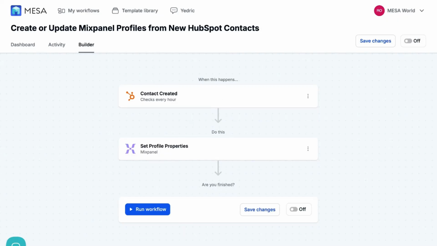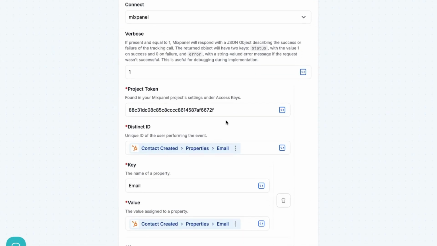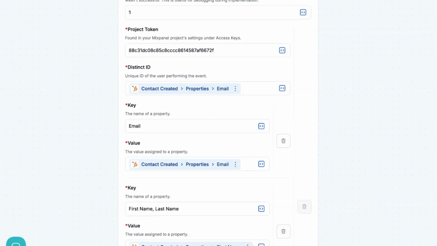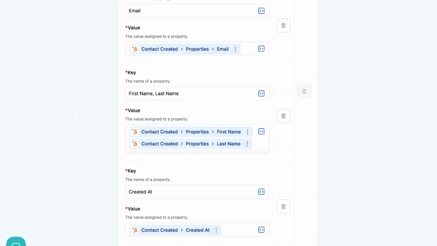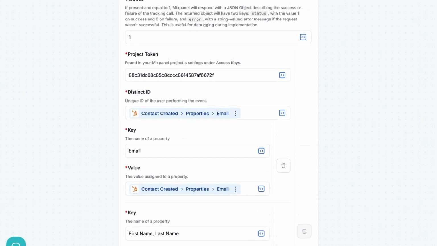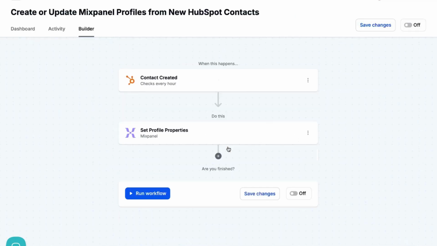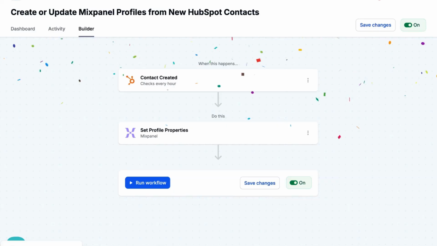Next, the workflow sends this contact data to Mixpanel using the set once operation. This is smart because it creates a new profile if the contact doesn't exist, or safely updates an existing one without overwriting data. The email becomes the unique identifier, and we map the contact's name and creation date as profile properties. The result? Every HubSpot contact automatically becomes a Mixpanel profile, giving you a unified view for smarter segmentation and